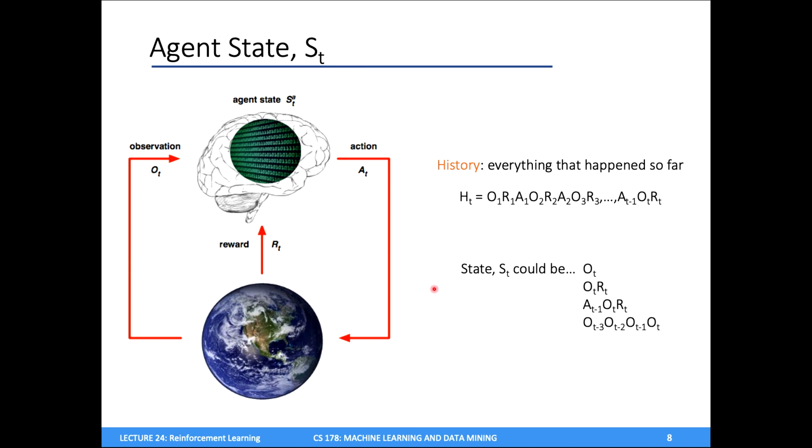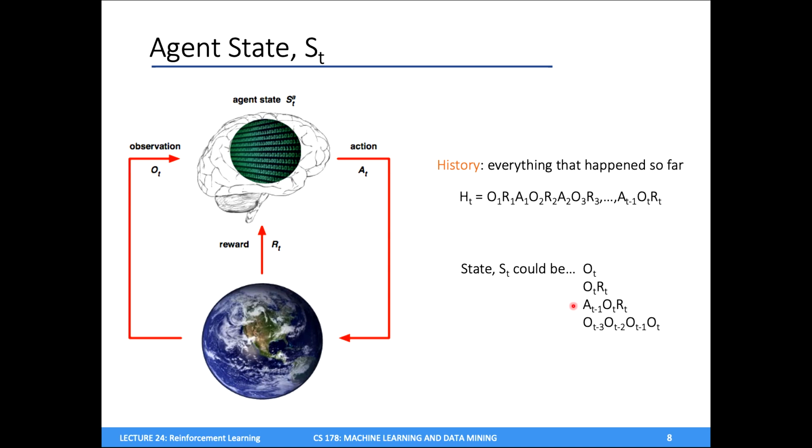But the agent state is something that we're free to choose as AI designers here. The state is what the agent is going to use to decide on its next action. For a very simple state, the agent's internal mental state could just be: what's my previous observation? I'm going to ignore the reward, and I'm going to ignore my previous actions. The agent state could also be: what is the previous observation I saw and what's the previous reward I got? Maybe if I see the world behave in some way and I got a positive reward, that'll influence what action I'll be taking. Or we can look at the previous action I took as well.